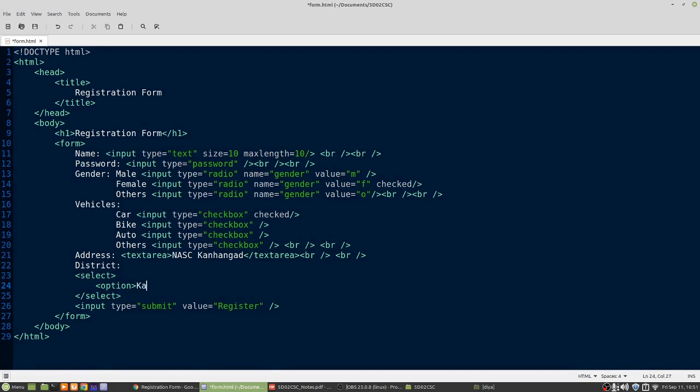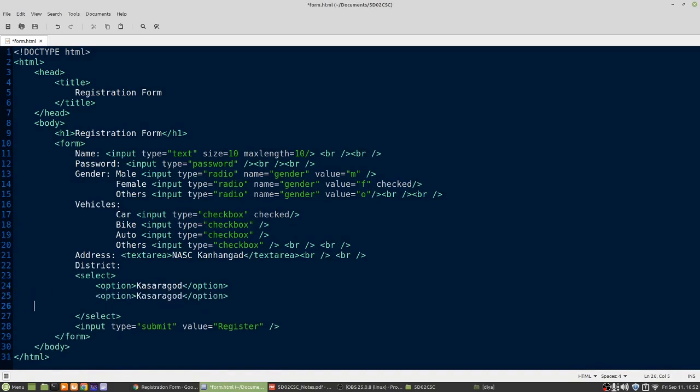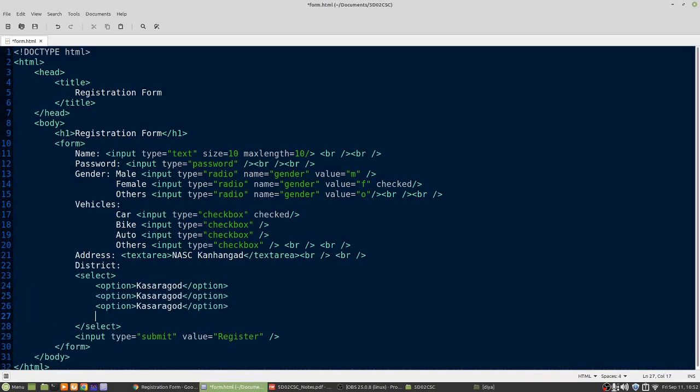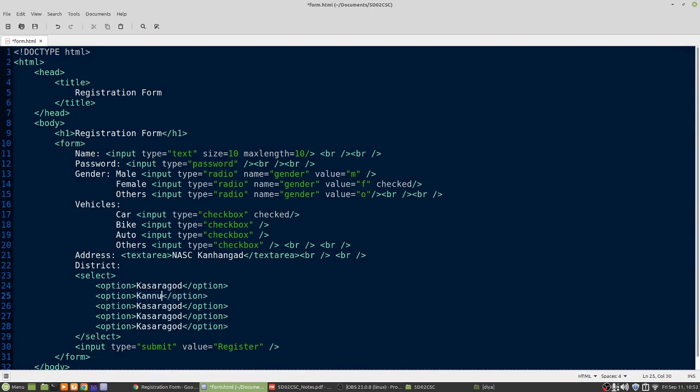Say Kasaragod, let's say some 3 or 4 districts, Kannur, Wayanad, Kozhikode, Malappuram, and so on.